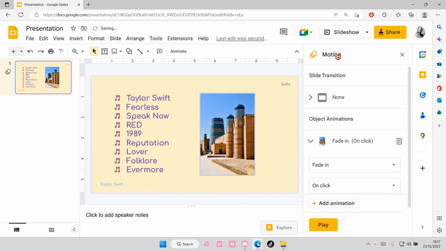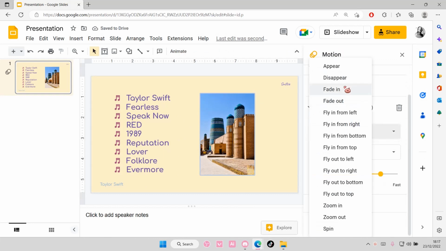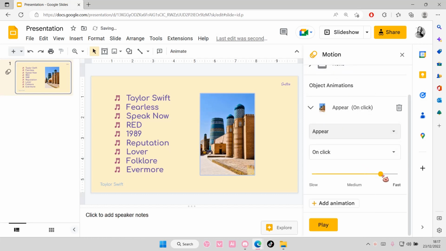Select animate here, and here you can choose the animation you want. There's appear, disappear, fade in, fade out, fly in, zoom out, and spin. I'm just going to choose the fade in one, or appear. Here you can adjust how fast or slow you want it to be. I'm just going to select medium for mine, and you can select it on click or after previous or with